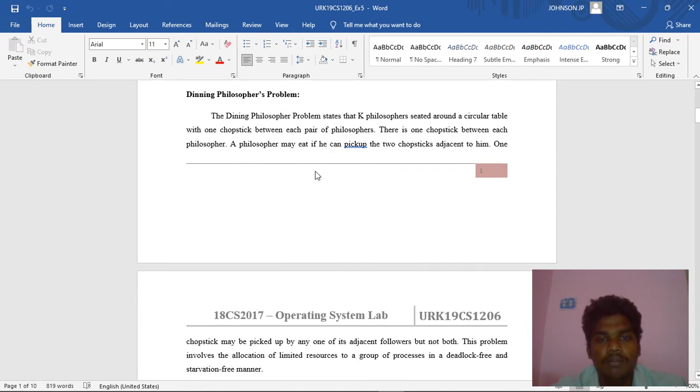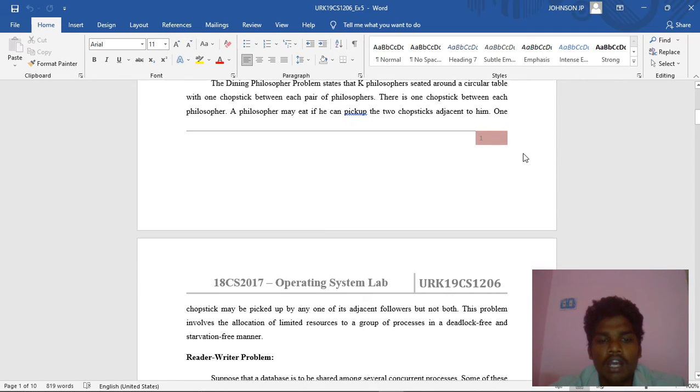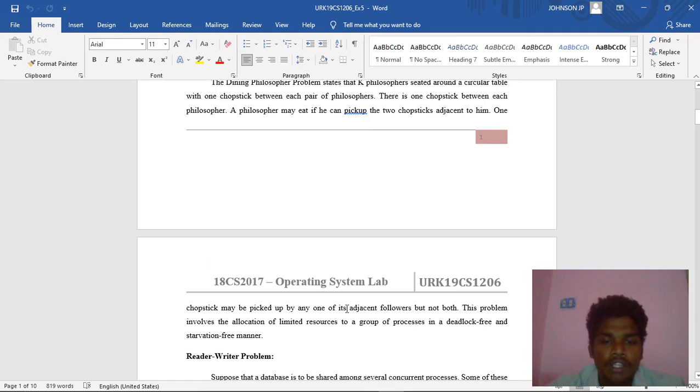A philosopher may eat if he can pick up two chopsticks, otherwise he doesn't eat. One chopstick may be picked up by either of the adjacent philosophers but not both. The problem involves allocation of limited resources to a group of processes in a deadlock-free way. Deadlock means if everyone takes one stick, there is a problem, because they eat with two sticks, not one. So this is the problem.